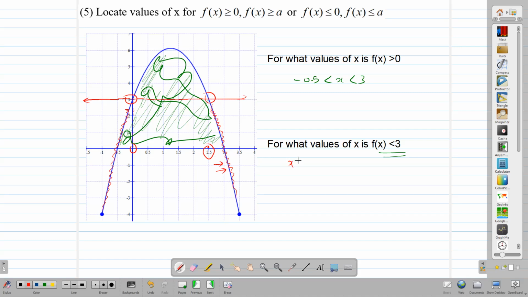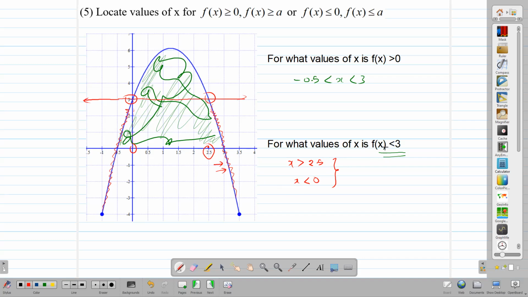So x is greater than 2.5. And at the same time, every number starting here at 0 go in that direction: x is less than 0. And this combination of values answers this question for what values of x is f of x greater than 0,